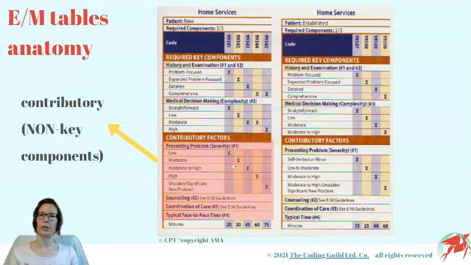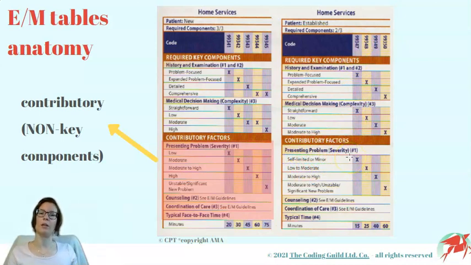We do this because with electronic health records, it is very easy to document a high-level visit, for example, a comprehensive exam and history, thus meeting the required components 2 out of 3, and then assign the highest code possible, 99350. But what if all that documentation was for a cat scratch or something minor like that? In that case, the highest level code assignment is not justified, so we have to look at the contributory factors, the presenting problem, and see that the self-limited or minor problem will drag it down to level 1. Again, this is real-life coding.